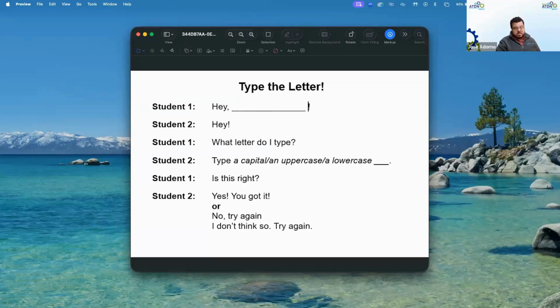Yeah, and then they could practice, that goes into speech. So they're reading it out, they practice communication, speaking and listening, and following along, and then the letter. So you're working a lot of things at the same time, versus if you just had students type all of the letters on the keyboard.